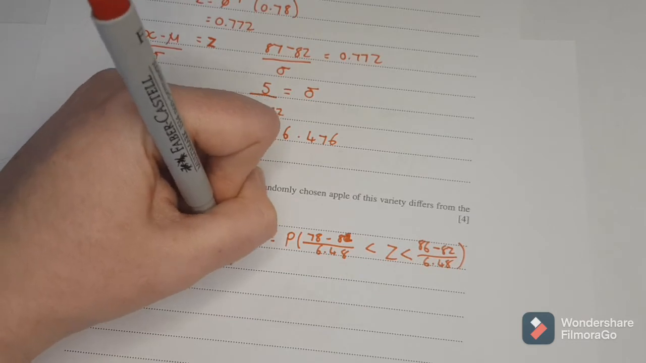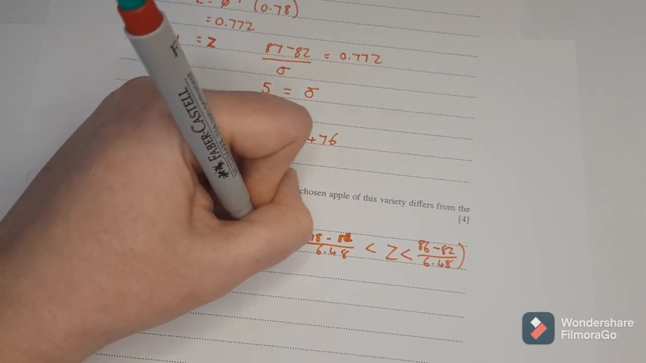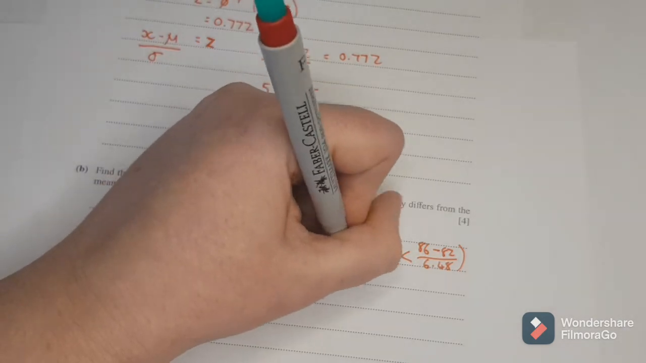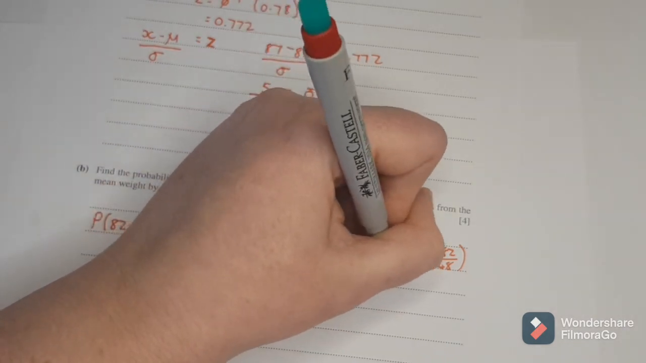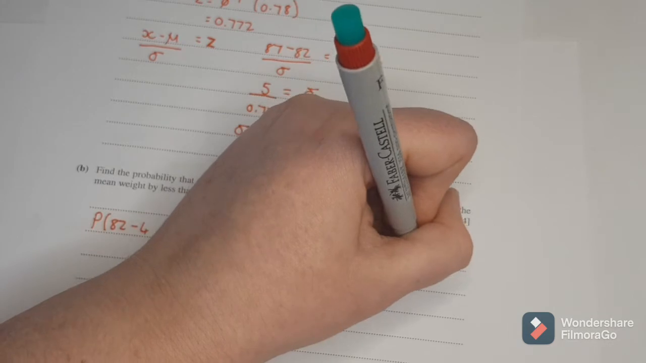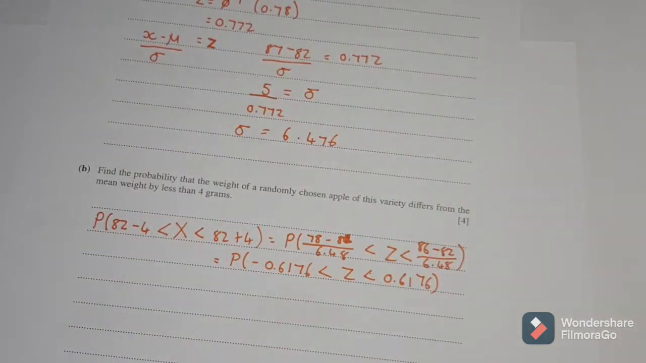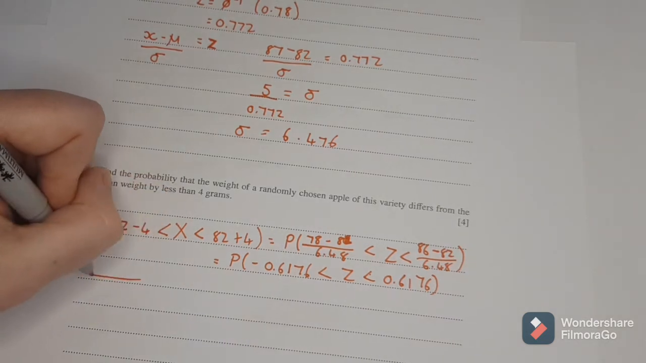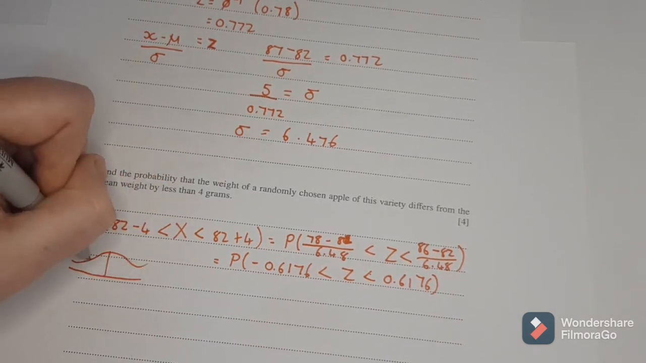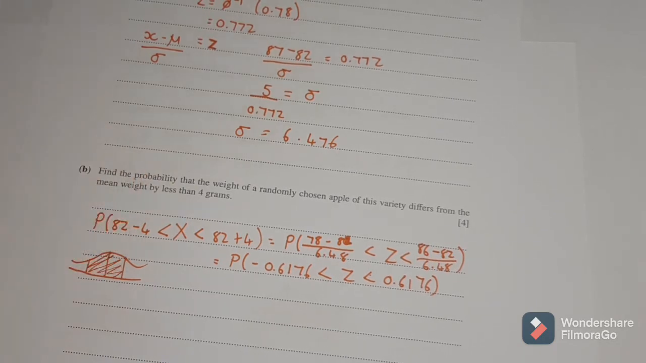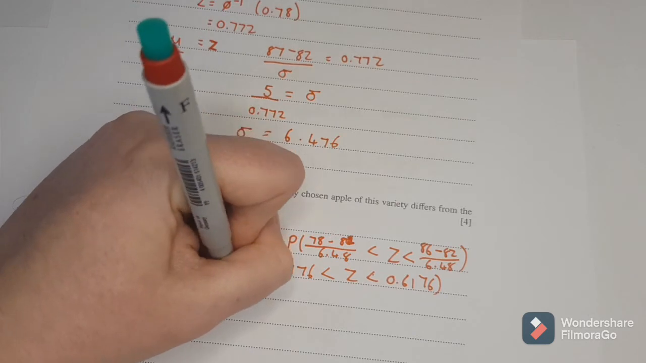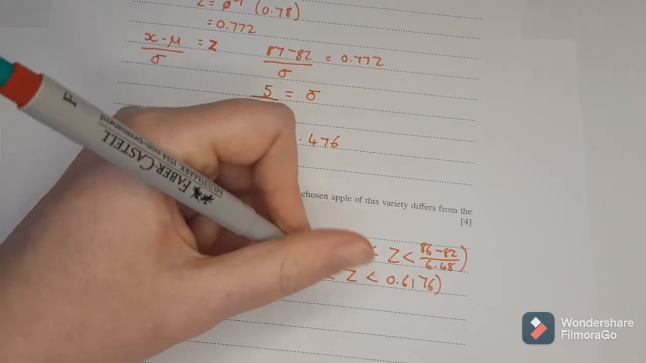And I will end up with a Z value. Okay, and now I can see that those two values are the same, but one is negative and one is positive. Okay, so remember, if I draw the curve, it's going to mean that I want everything in between. But when they're both the same, I know that I'm going to say 2 times